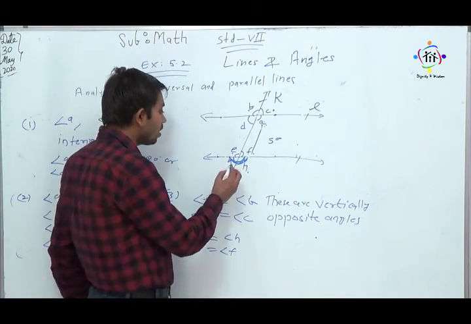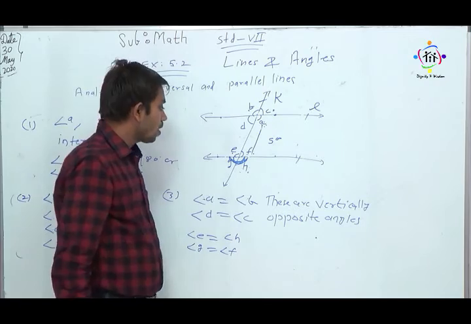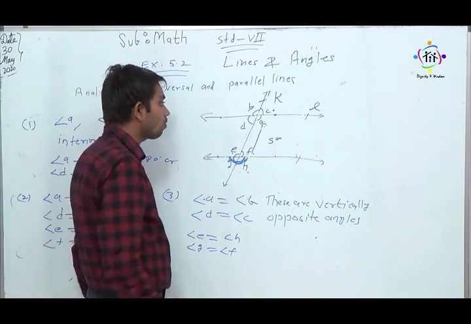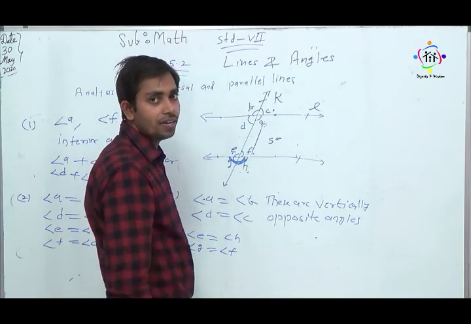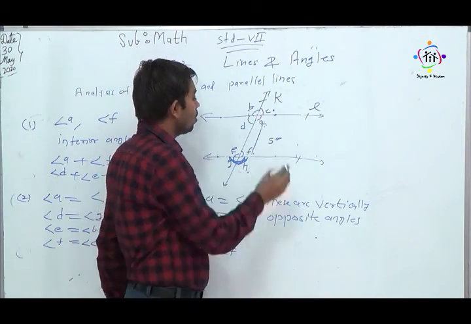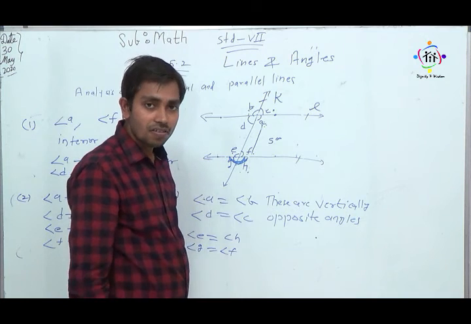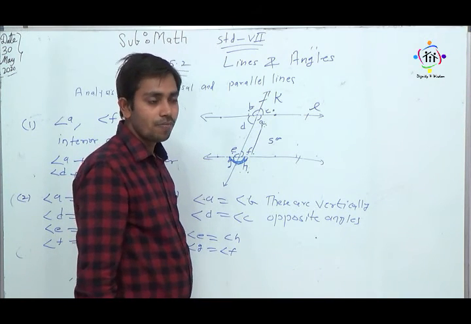Similarly, we can see here that angle E plus angle F is also forming a linear pair, and that will also be 180. Similarly, angle D plus A will also be 180 degrees, as it is forming a linear pair. Angle B plus C will also be 180 degrees because it is also forming a linear pair, my dear students.